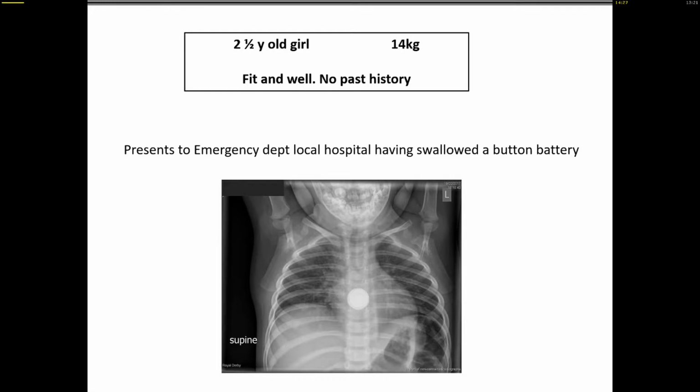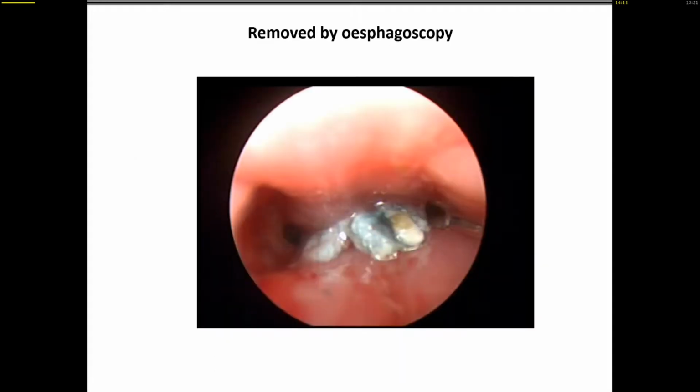The first X-ray they took, they almost sent her home. They said, "Oh, it's just an artifact. Someone left something on the X-ray table." And then they did another to be sure. And so there's her button battery stuck in the esophagus, and she was scoped in the local hospital,